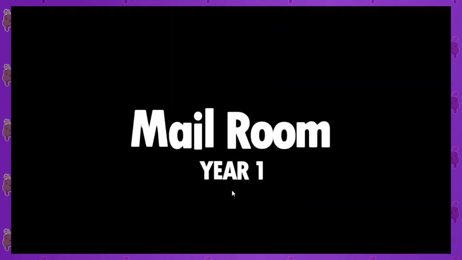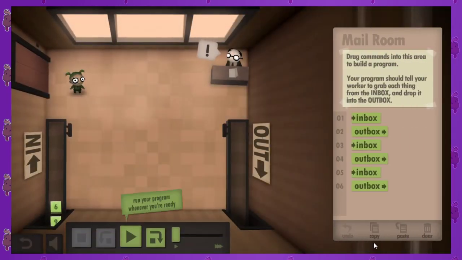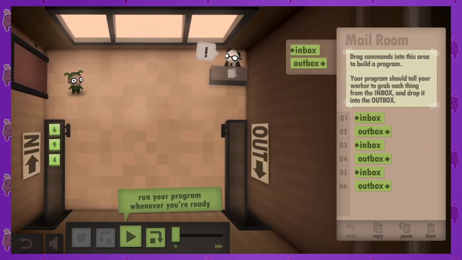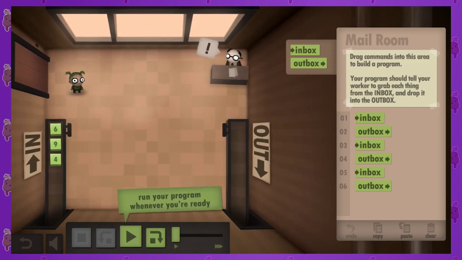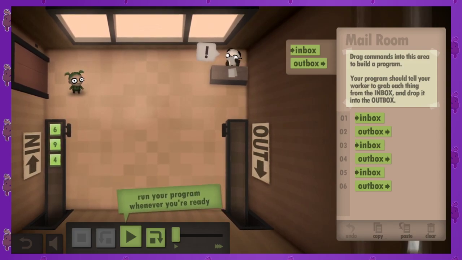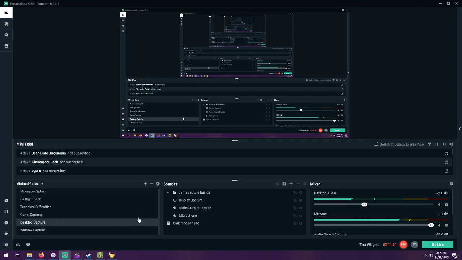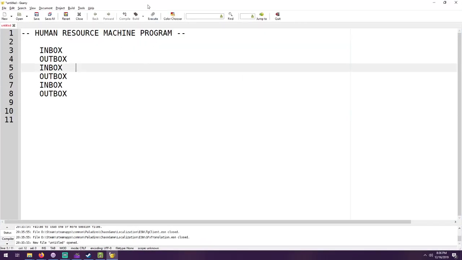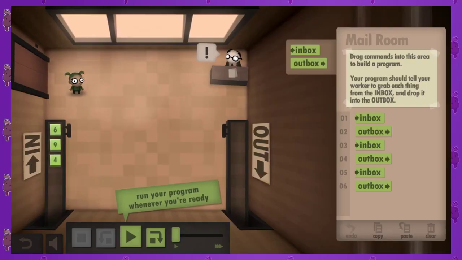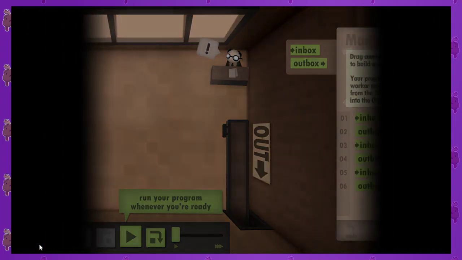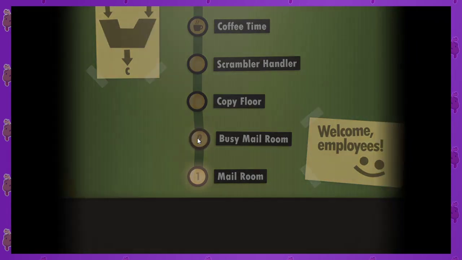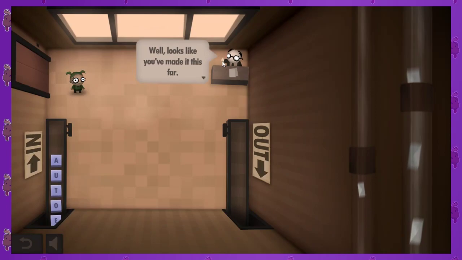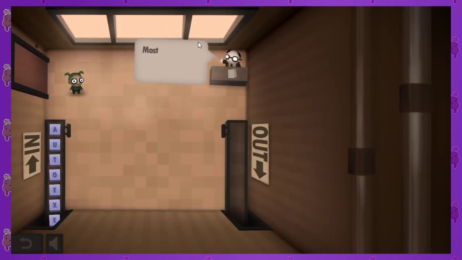Actually, let's go here. So, let's say I copy that. I'm gonna have to open up a text editor. Where desktop capture? You can see that here. You can't really tell that that's very assembly looking, but when we're in a further level, we will. So, let's keep going. The first bunch of these are going to be pretty easy, but I don't know